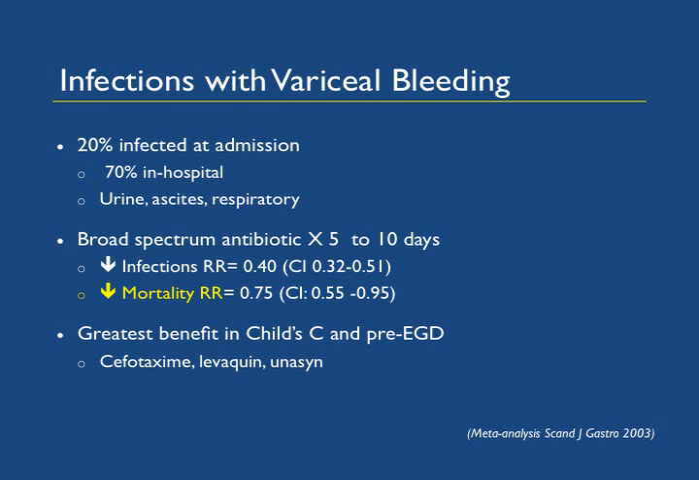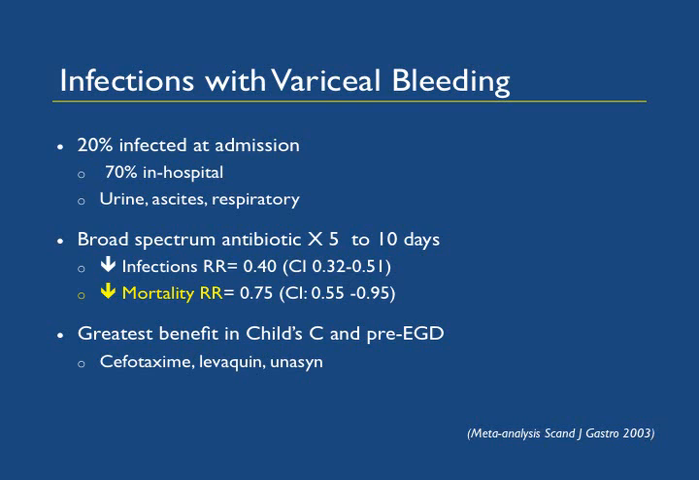Infections are a common cause of morbidity and mortality amongst patients with liver disease, including those who present with variceal bleeding. At the time of admission to the hospital, 20% of patients with cirrhotic variceal bleeding will be actively infected, and during their hospital course, 70% will develop evidence of infection, with urine, ascites, and respiratory pathogens being most commonly isolated. Therefore, there have been multiple studies looking at the utility of broad-spectrum antibiotics given for 5 to 10 days